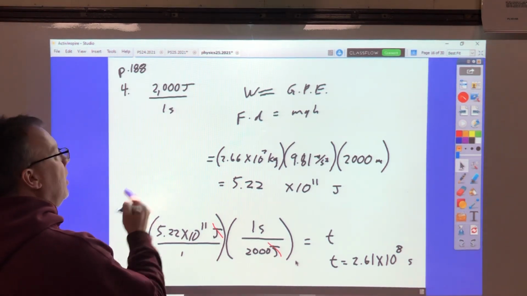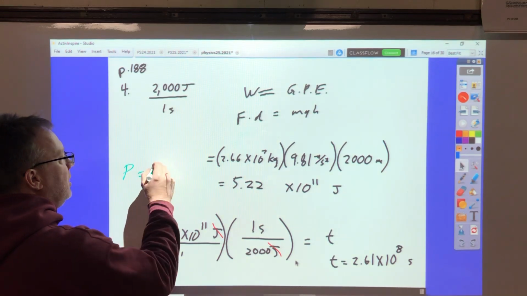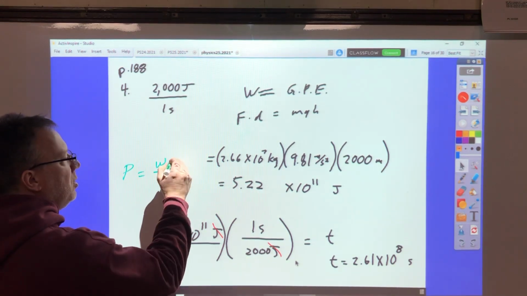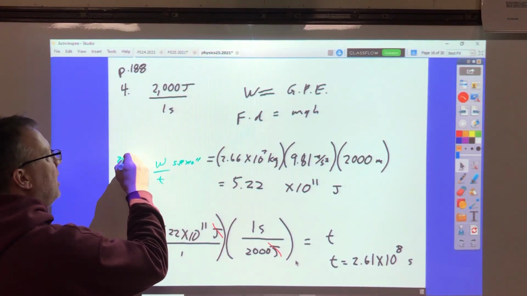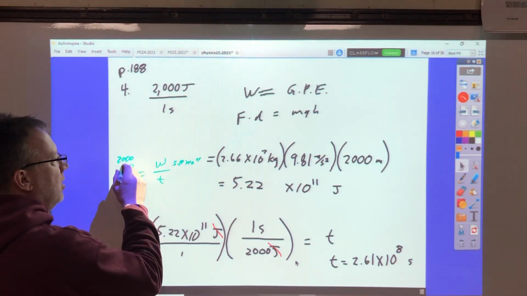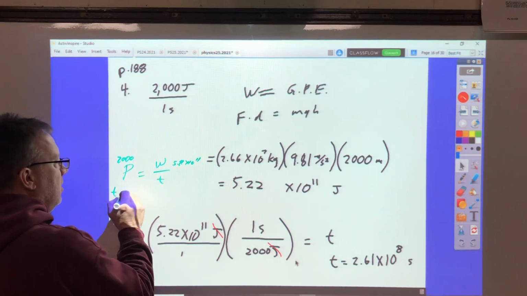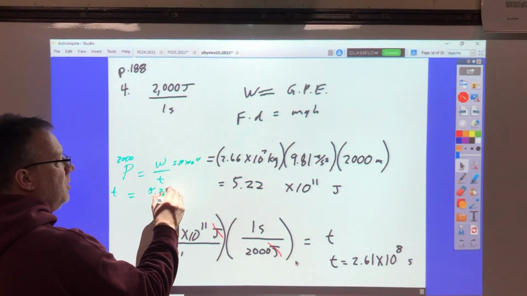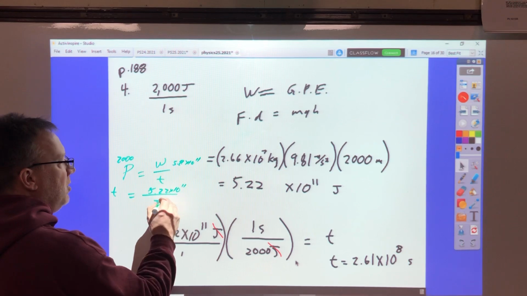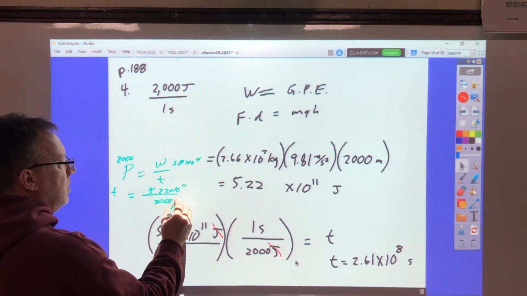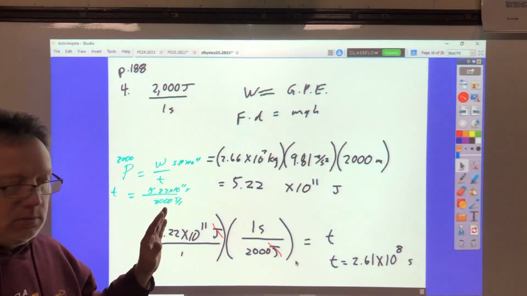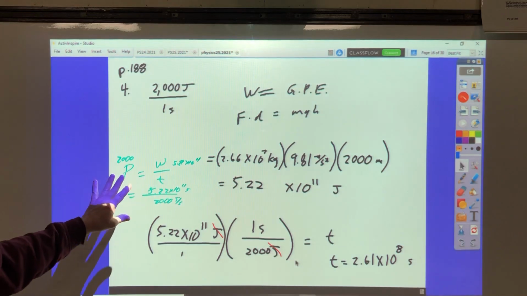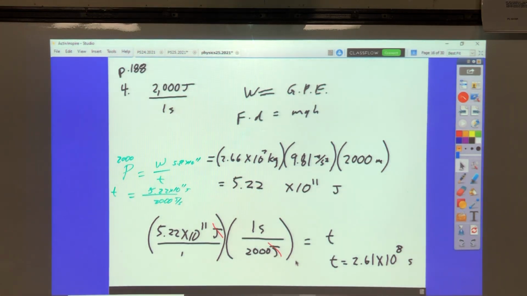I could have gone power is equal to work divided by time, and I could have put 5.22 times 10 to the 11th up here, and I could have put 2,000 over here and divided, took t over here, so t is 5.22 times 10 to the 11th divided by 2,000 joules per second. So I got joules divided by joules per second. It would have worked. That's fine. If you did that, that's perfect. For whatever reason,